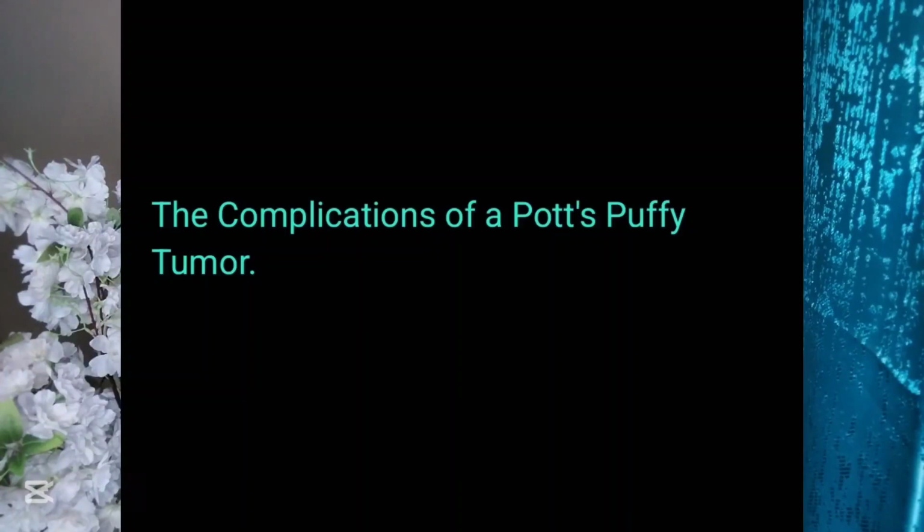The complications of a Pott's Puffy tumor include osteomyelitis, that is bone infection, and this is common in the frontal bone, the bone of your forehead. The infection can as well spread into the space that houses your brain, and this can cause collection of pus in that space, and we can get complications like the epidural abscess, subdural abscess, or collection of pus in the